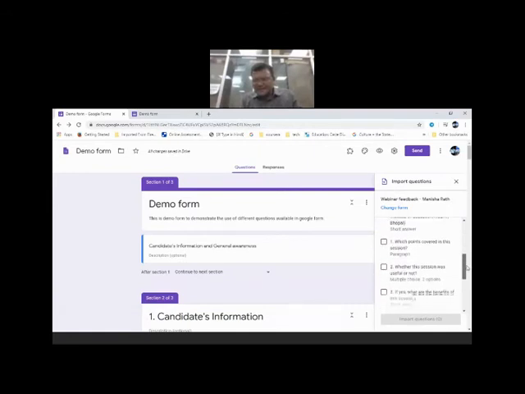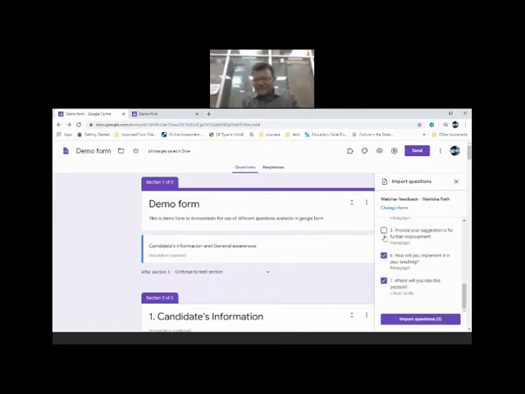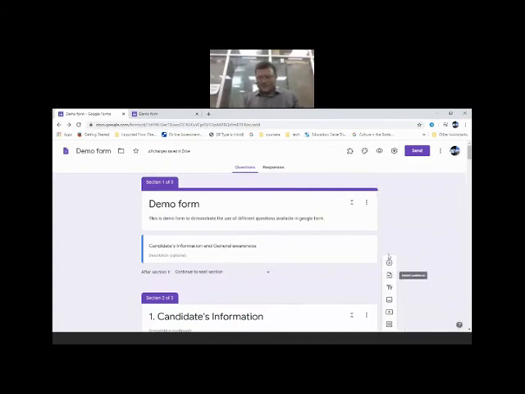Which questions you want to import from there, you just select those questions and click import. The moment you click import, the questions will be imported into your new form. So add, import, add title and description, add image, add video, and add section. I suppose this much area I have covered. Now let's move towards this section.